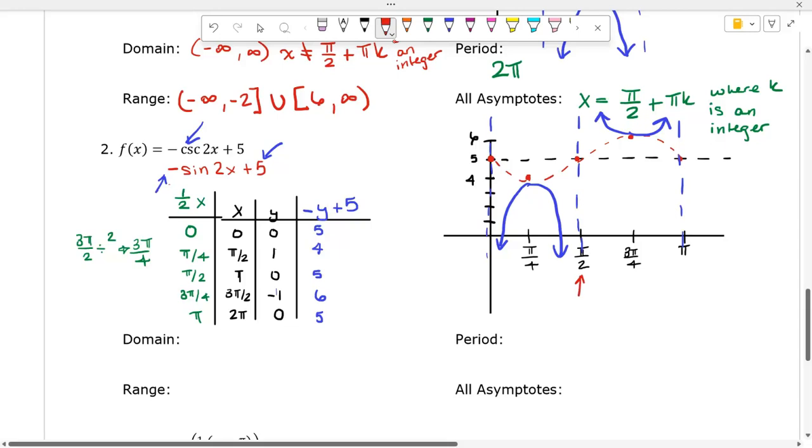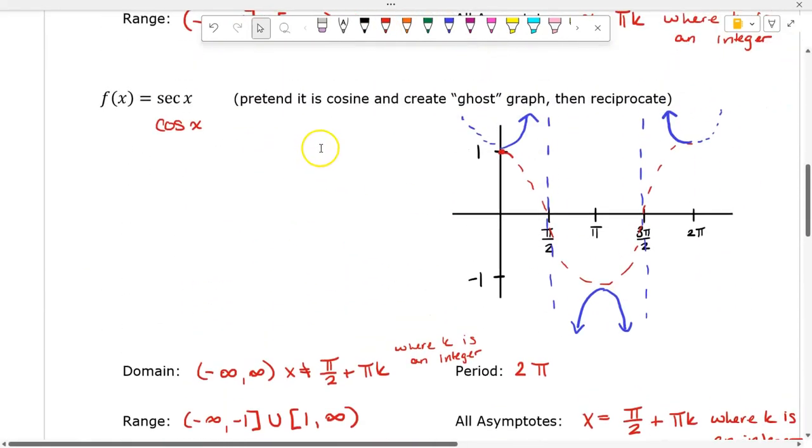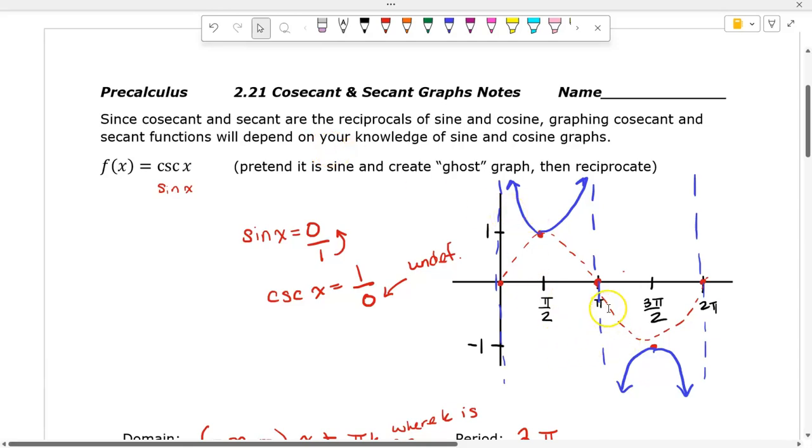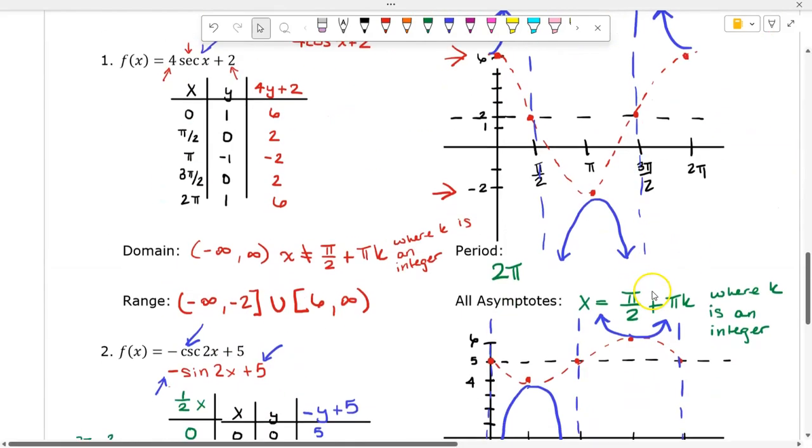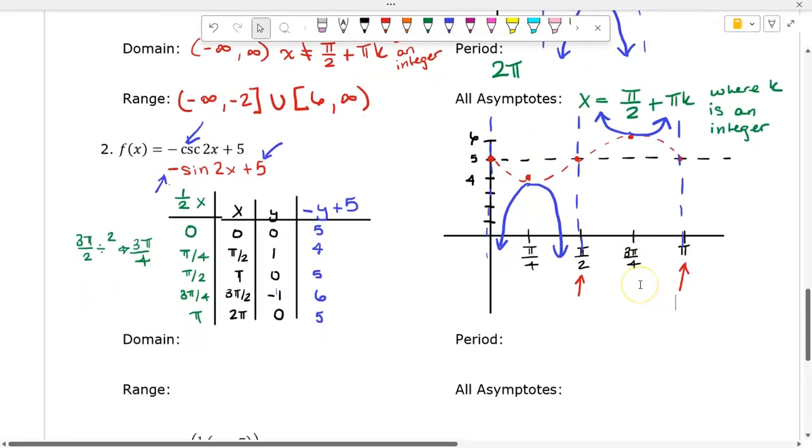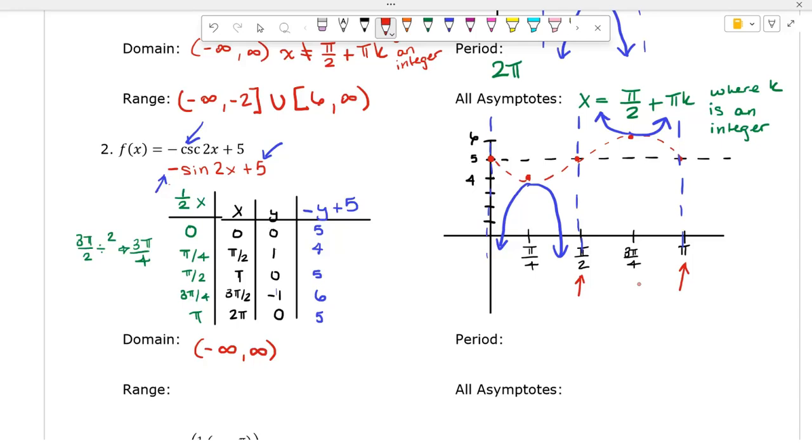And my asymptotes are now every half pi instead of every whole pi, like it previously was when I did cosecant up here, where it was every pi. Because we changed the period of our graph, that changed where our asymptotes are. So the easiest way to figure out the domain and those restrictions is to say we'll have our domain as negative infinity to infinity, except I'm going to find my very first asymptote, which here is pi over 2. So I'm going to say x cannot equal pi over 2